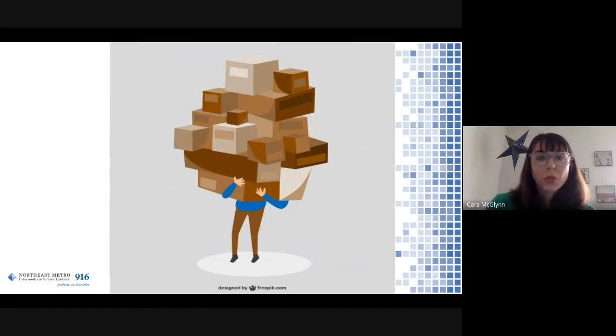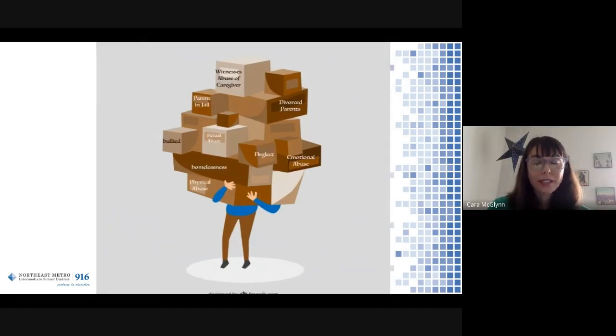The same thing is true when kids come to us with trauma. So, what we have here is a person holding boxes that are labeled with adverse childhood experiences. Now, if you offered to be a holding place for those experiences so that a child could put them away and focus on their schoolwork, think how powerful that is in the relationship with them and what that allows them space and room to do emotionally and mentally. You're allowing them for a short time to put down this heavy load that they're carrying.